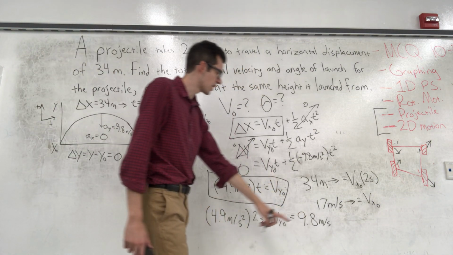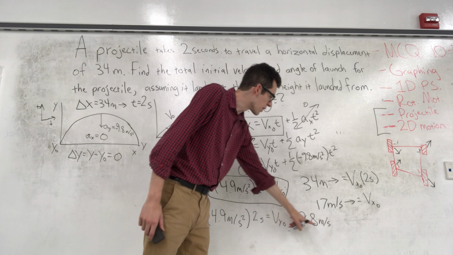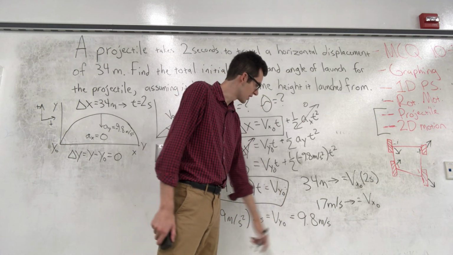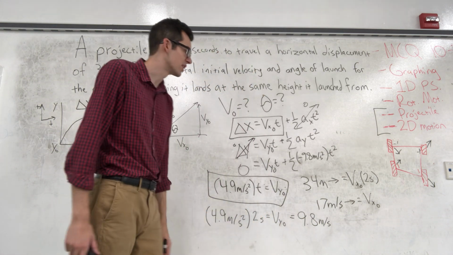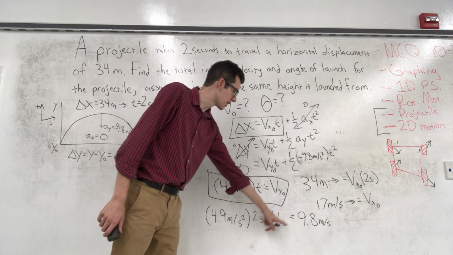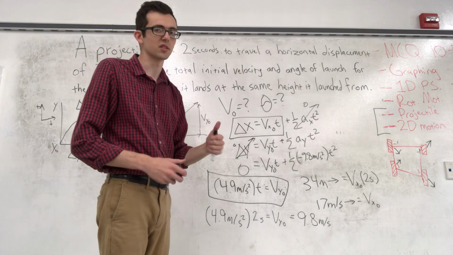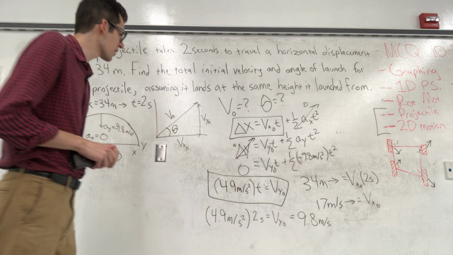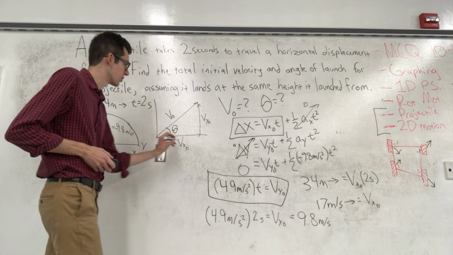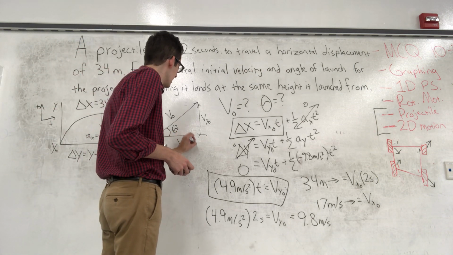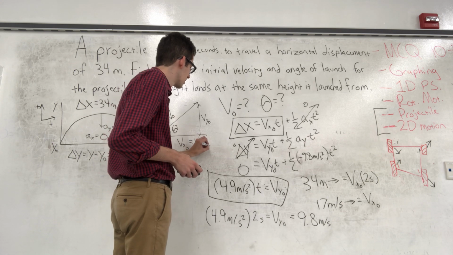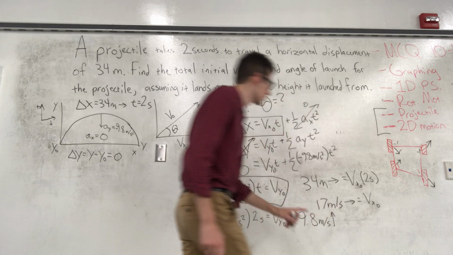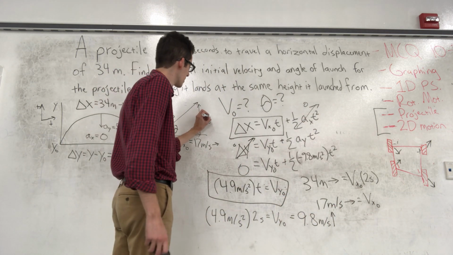Don't be thrown off by this value. It is the same numerical value as gravity, but that is just something that happened. It does not mean that this is gravity. It's just that our initial velocity happens to be 9.8, which is also the number in the acceleration due to gravity. Okay, so we know these two sides of our triangle. We know that vx initial is 17 meters per second to the right. And we said this direction for vy0 was up, so vy0 equals 9.8